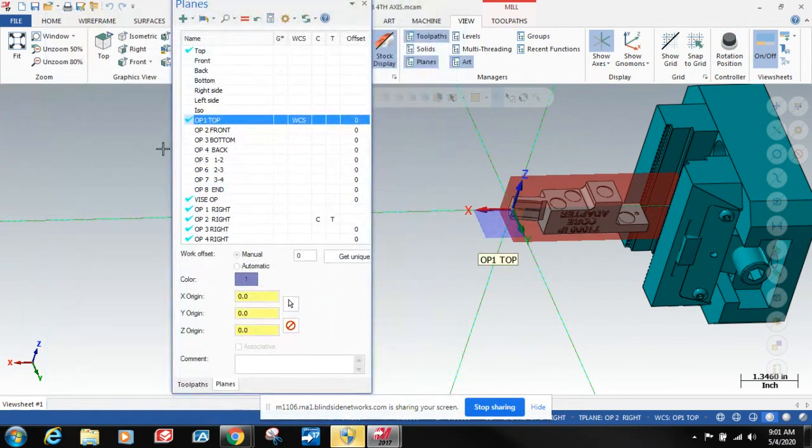When you start out with a new file, you have these planes up here: top, front, back, bottom, right side, left side, and then isometric. There are six different available sides. So you can use those for your part, but